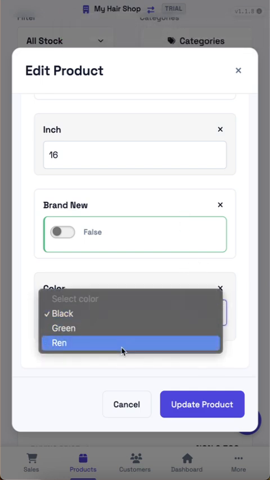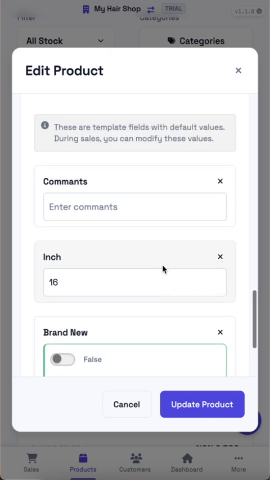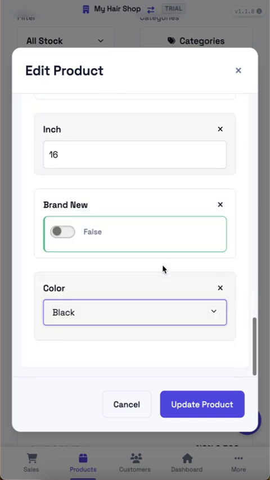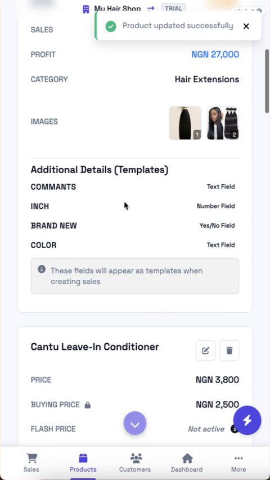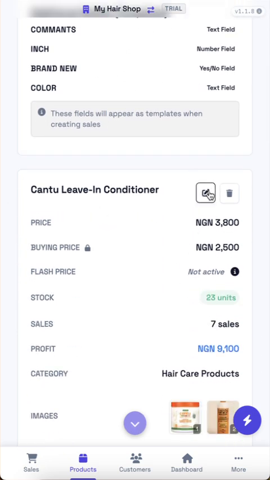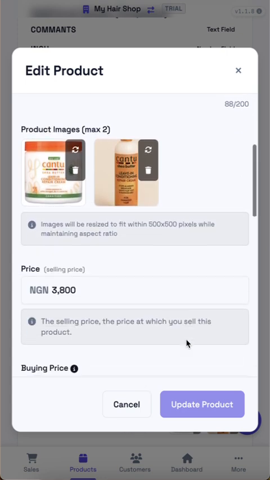You can see this list has our list of items which we just added, and from there we can move on. So let's update the product. Once you update the product, you see it has a number of custom fields here. So we're going to do that for another item. In this item, we are going to add